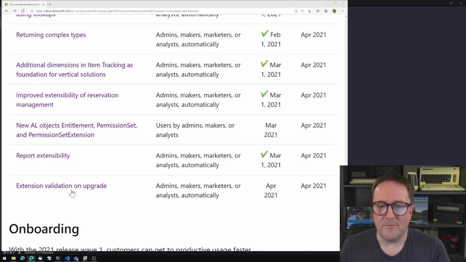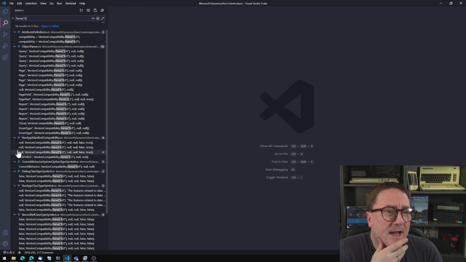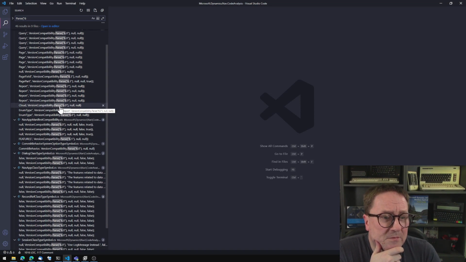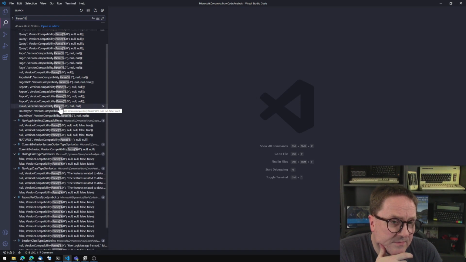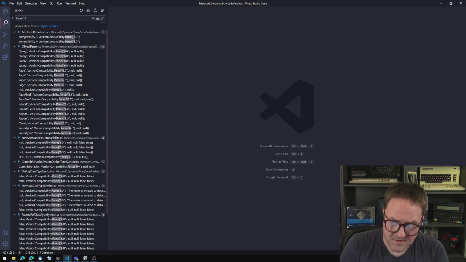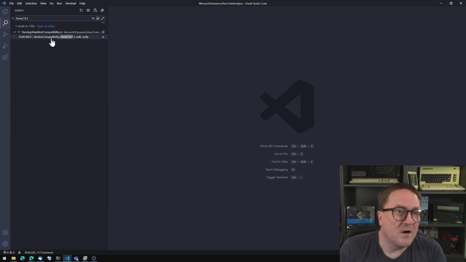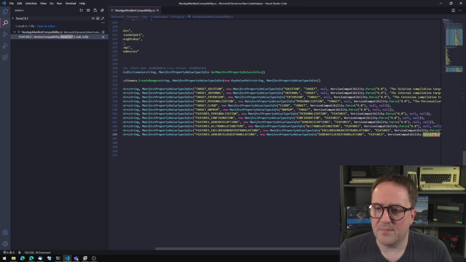Anyway, in the other video, I had decompiled a part of the compiler, because that's .NET, so you can do that. And this is basically where we left off. We found all the places that were marked new for version 17. And I have done this again, although we can see that actually between then and now,